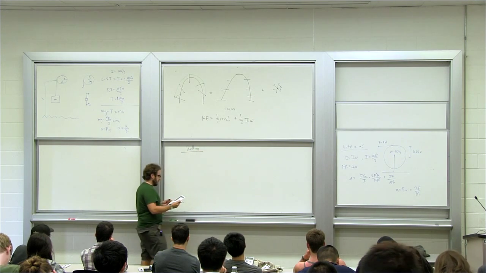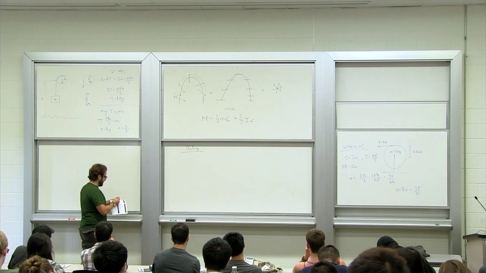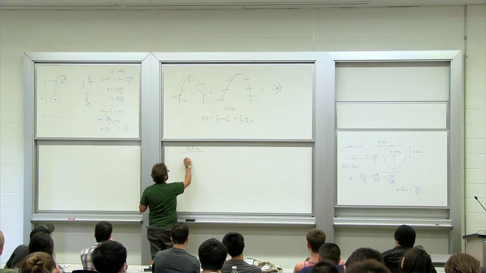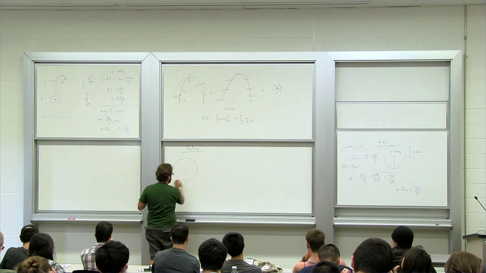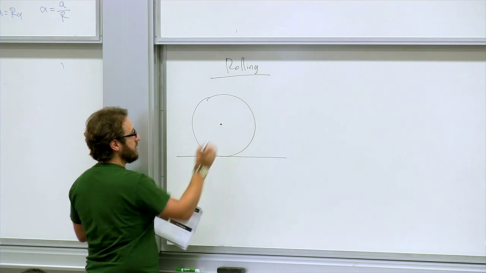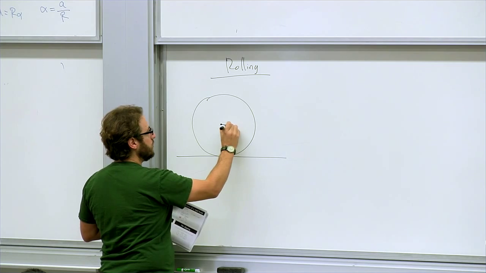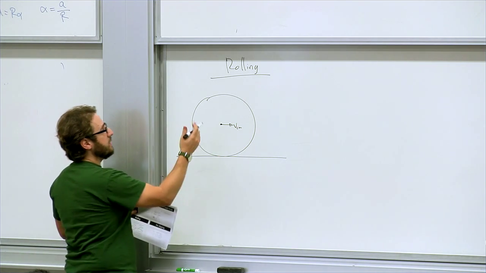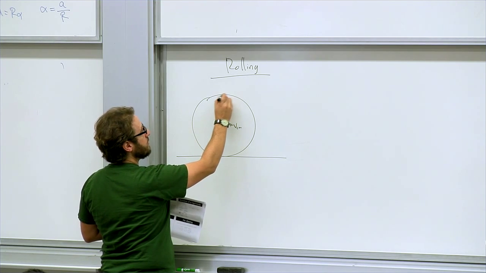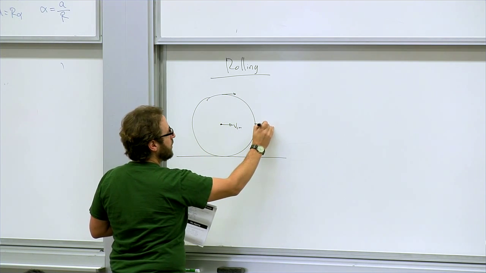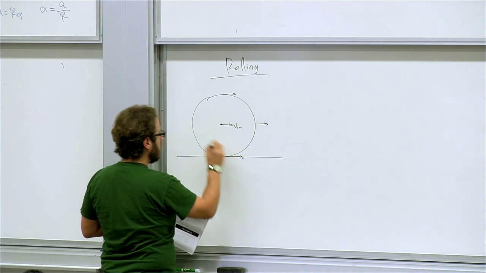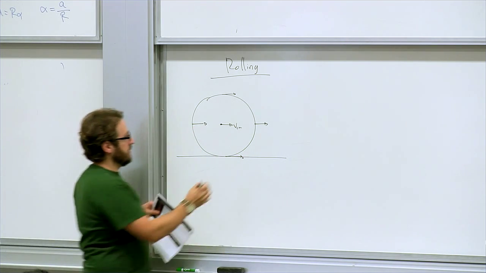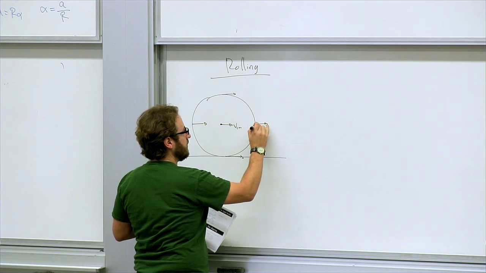Okay? So let's take a bicycle wheel, for example. Okay, a bicycle wheel, right? Here's the center of mass of the bicycle wheel, right? And it moves with some velocity, right? The velocity of the bike. And because we're not considering rotation here, we're just considering motion in the center of mass, every point on the wheel here has the same velocity, right? It's all just the velocity of the center of mass. VCM,